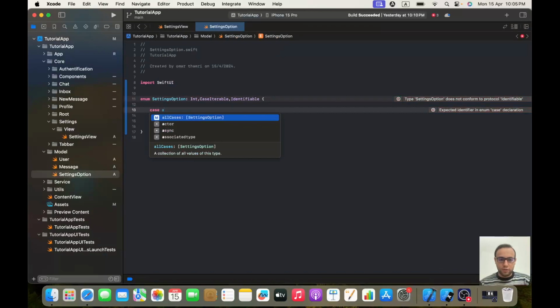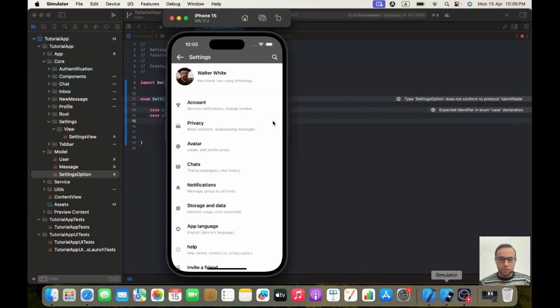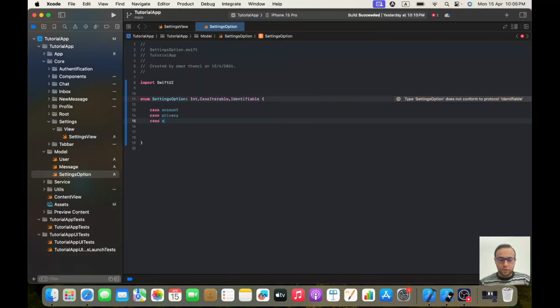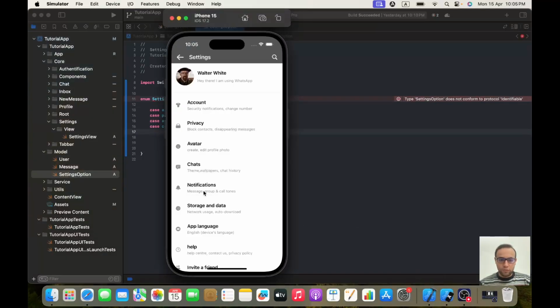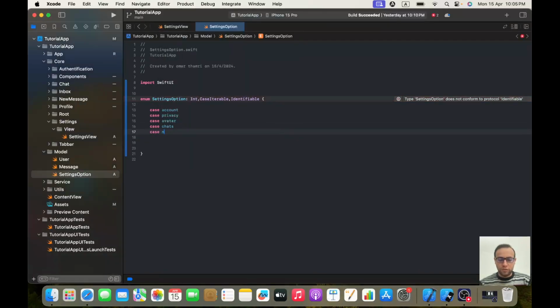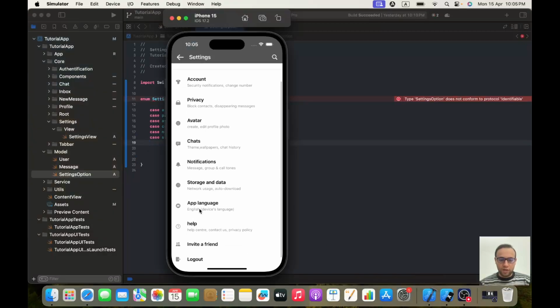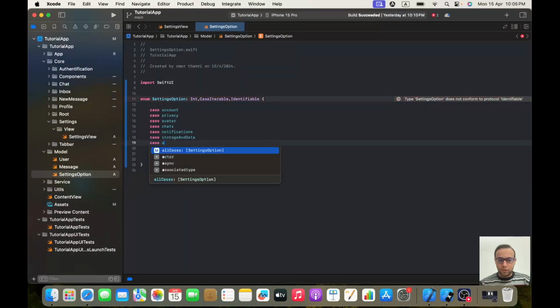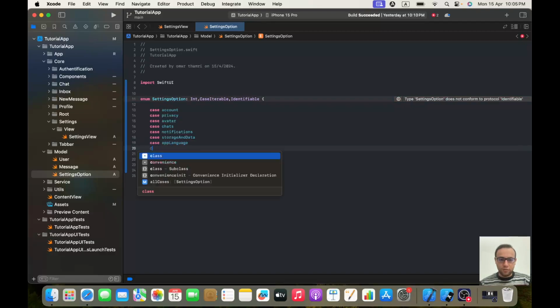So first one, case account, second one, case privacy, then case avatar, then case chats, then we got case notification, then case storageAndData, then we got app language and help, so case appLanguage, and then case help,